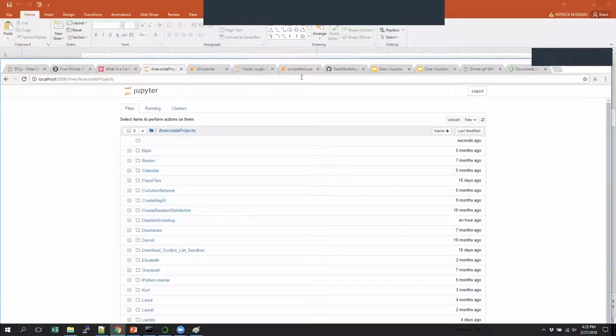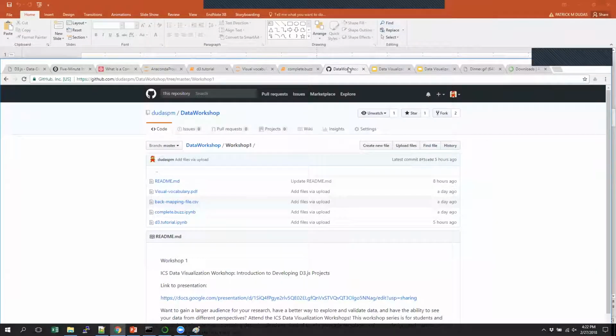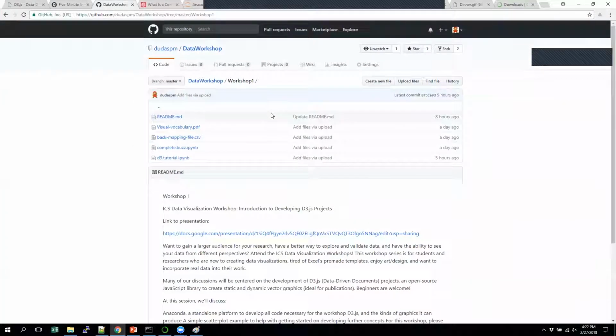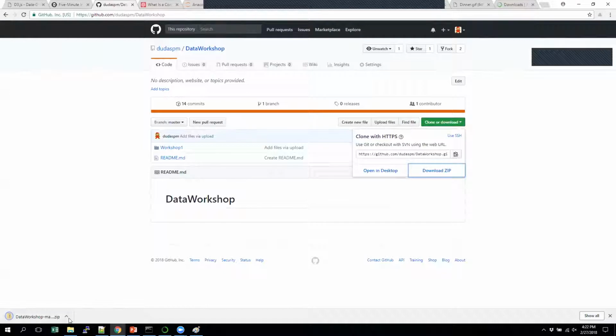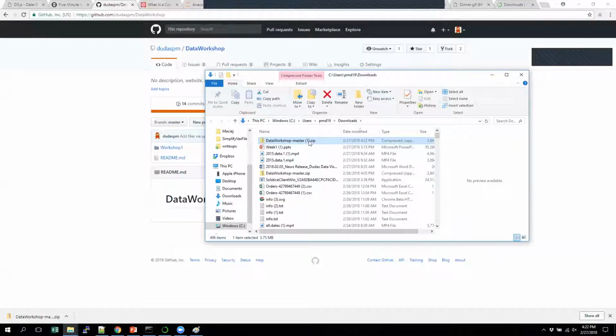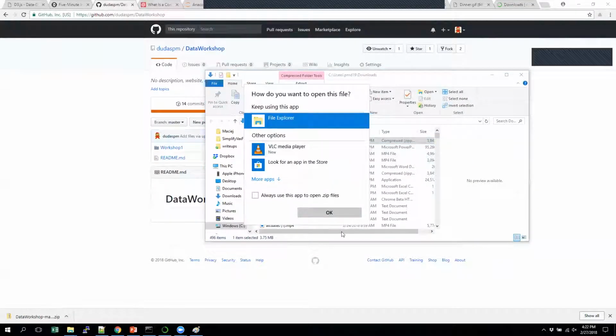Under the data workshop, that link is GitHub/DudasPM, Data Workshop, and underneath there you're going to see a number of different folders. If you go specifically into the data workshop one, you should see a button that says clone or download. When you click on that, you should be able to download the zip. That should only take a few moments, and that will download all the files that we'll be talking about today. When I open this up and unzip it,